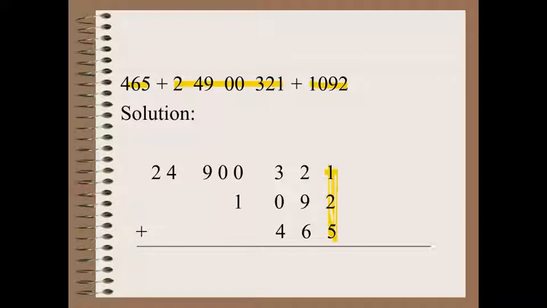Similarly, we will write these numbers. When you add these, you must know that 9 plus 2 is 11, and 11 plus 6 is 17. So you must know that when you are adding numbers, you will start writing from ones, and then you will write it accordingly. You can see the answer here on screen.